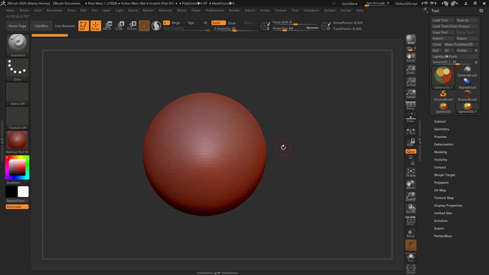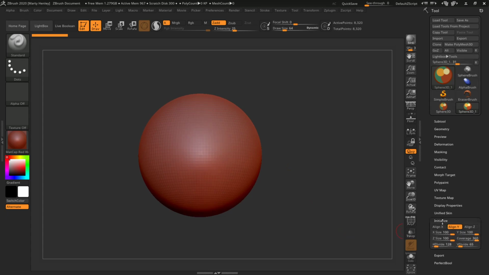Before we do that, I want to explain to you what's going on right now. Because this is a primitive, we have some features that we can use for this primitive. This is kind of an old school way of doing it. There's some new features that I'll show you in just a second. So if you go down in your tool palette on the right hand side all the way to the bottom